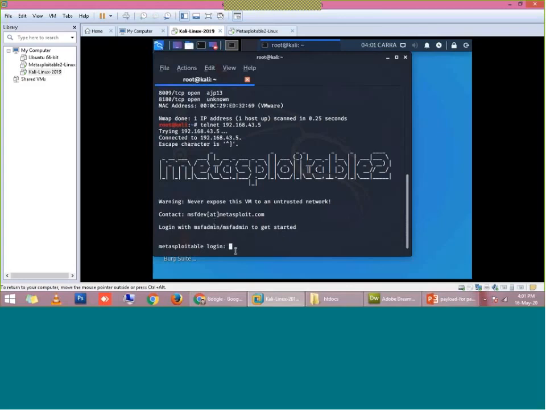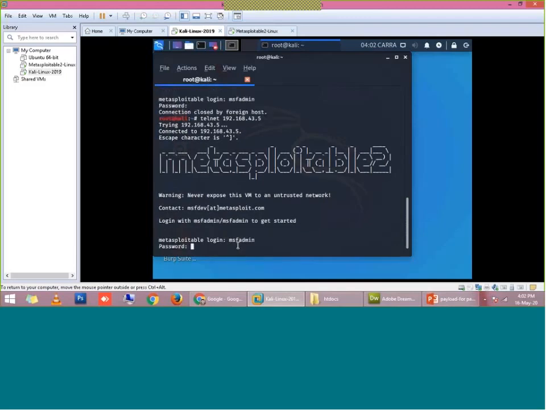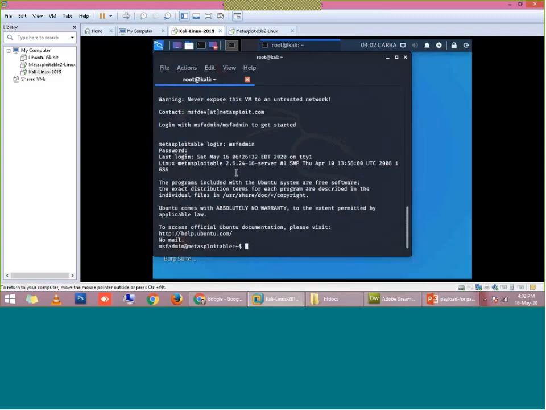Suppose I am able to crack the username and password, so I can log into the system. I can use msfadmin, because here it is already mentioned that the username is msfadmin and password is msfadmin. So I do not have to put any effort into guessing the username and password. I will just write msfadmin. So now, sitting at Kali, I am able to log into the Metasploitable. Now from here I can launch any type of attack, or I can perform any type of unwanted actions, right? That is the conclusion, that I am able to access the system remotely, right?